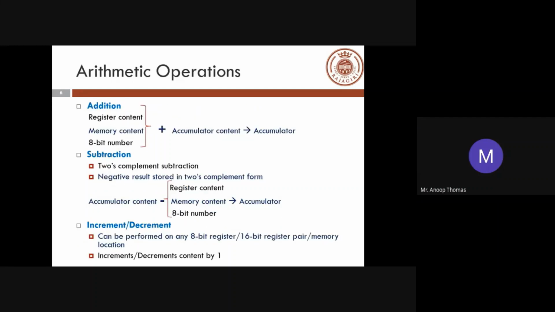So moving on, arithmetic operations. How do they operate? You have register contents, and it depends upon the addressing mode. One content is always the accumulator. In addition, if you check, one content is always the accumulator, and the result is stored in the accumulator. Even for subtraction, one content is the accumulator, and the result is stored in the accumulator. So that's the importance of the accumulator. The accumulator is a register commonly used as a dump yard for your outputs or results. Results of most operations are stored inside an important register called the accumulator.